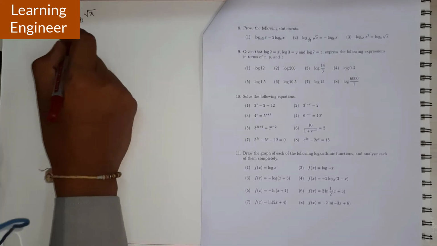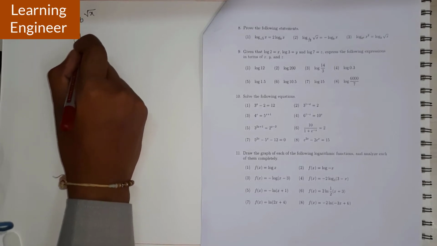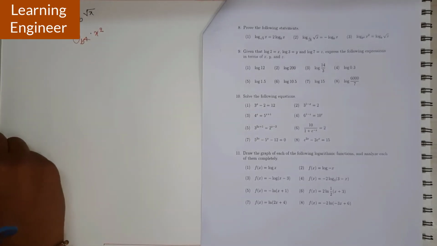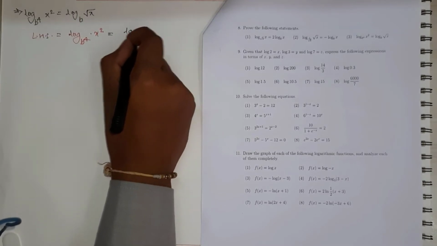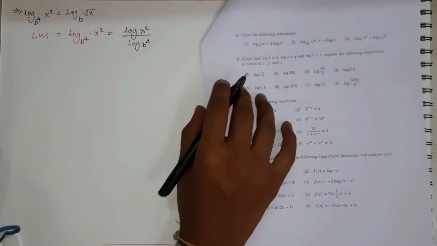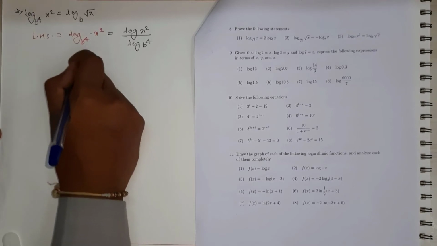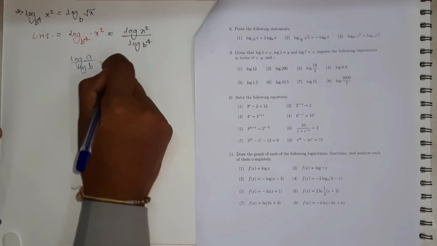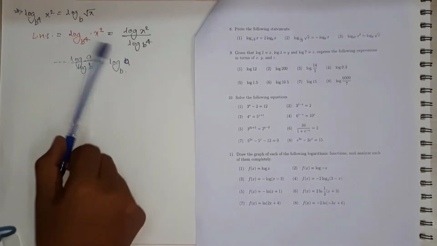We have to take the left hand side. Now left hand side is equal to log of x raised to 2 to the base b raised to 4. Now what can we write over here? This we can write as log of x square divided by log of b raised to 4. From where did we get this particular expression? That is log of a upon log of b equal to log of a to the base b. So this particular expression we have used.